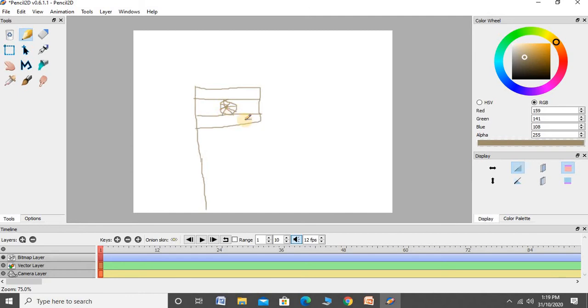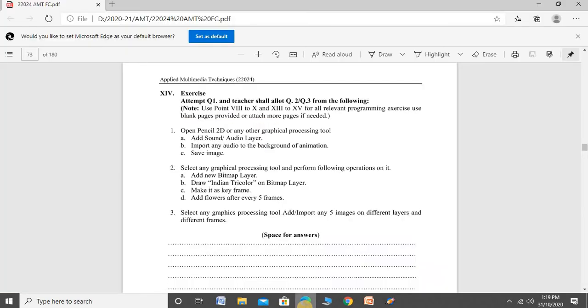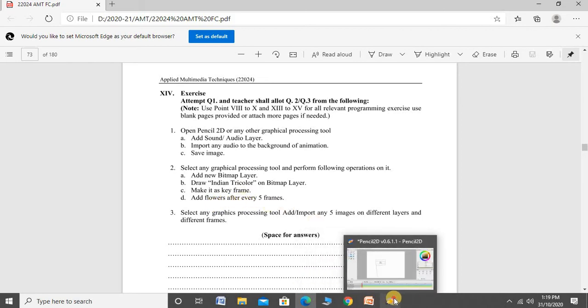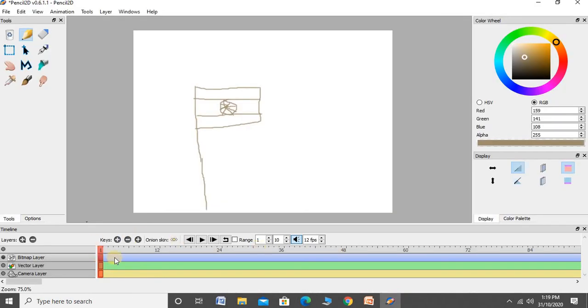Okay, you show that as a flag hoisting ceremony. Okay, so in that, on a bitmap layer, that is shown. After that, in that question, make it as a keyframe and add flowers after every 5 frames. Okay, will it be possible? For example,